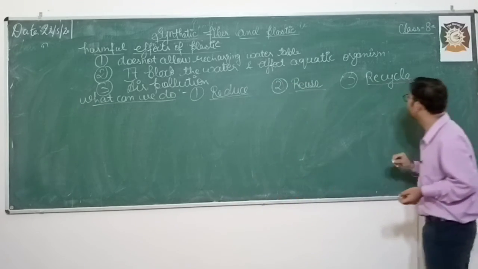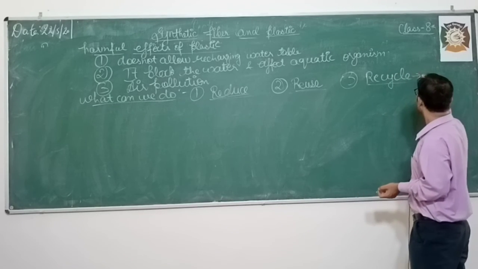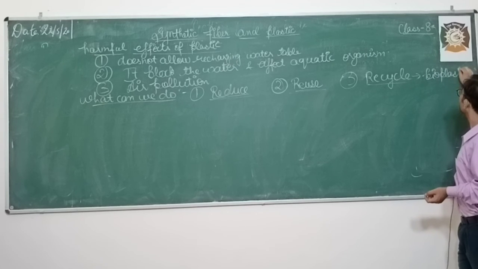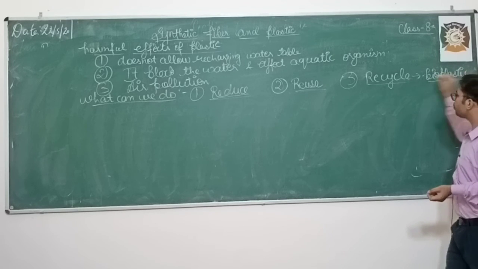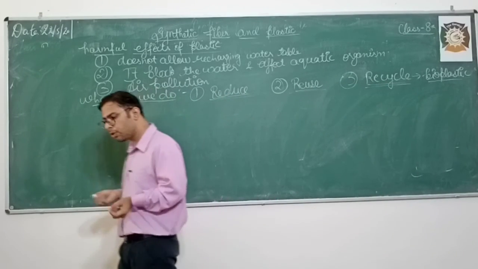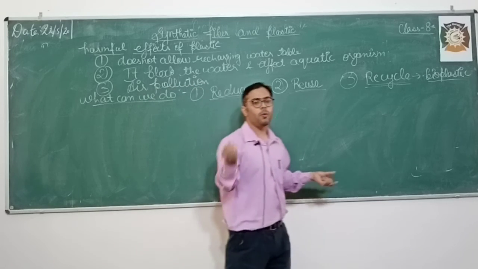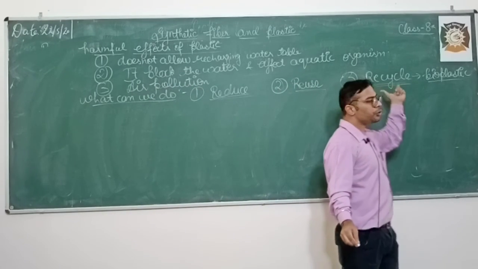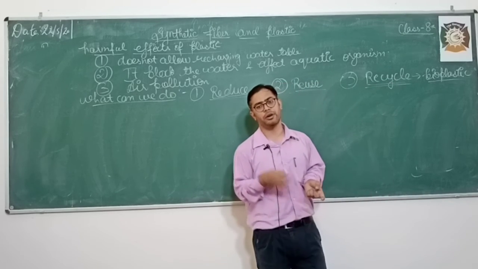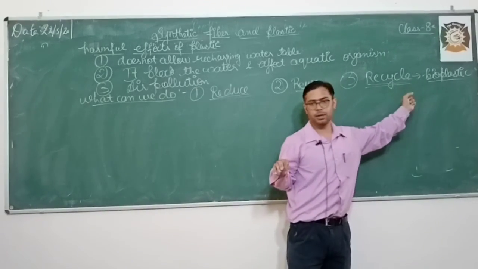Okay, scientists have developed some type of plastic which can be recycled, that is environment friendly, and that type of plastic is known as bioplastic. Okay, so we should recycle the plastic. Like I told you, thermoplastic is plastic whose shape can be changed. So we should use thermoplastic, and whenever it gets damaged, we should give it to the rag picker, we should give it to the kabadi wala, so that the plastic can be recycled again.